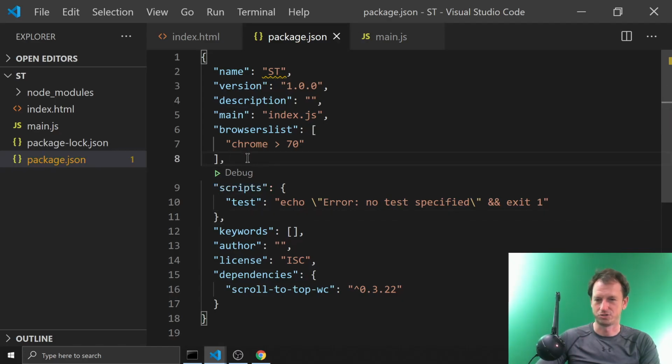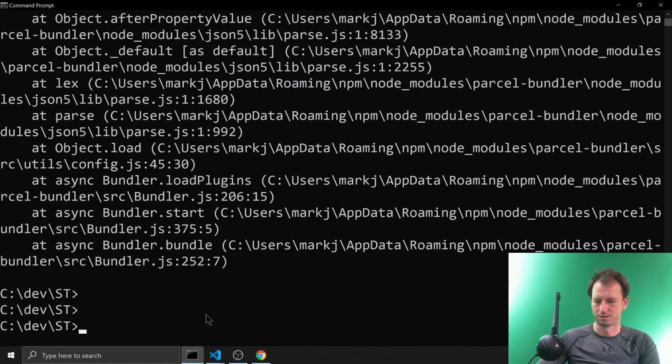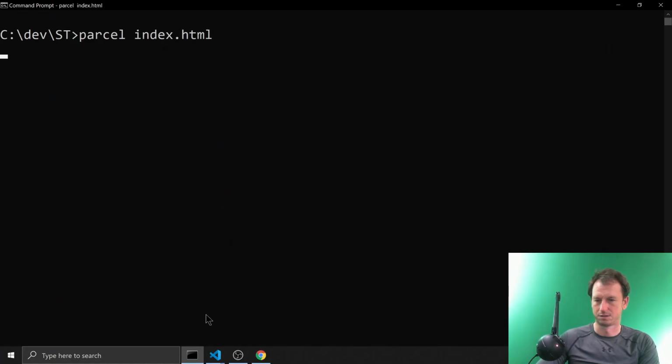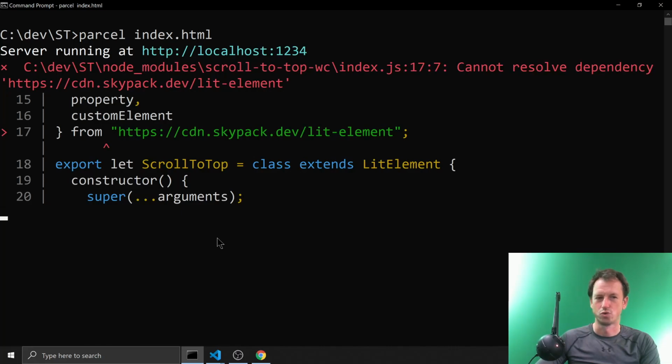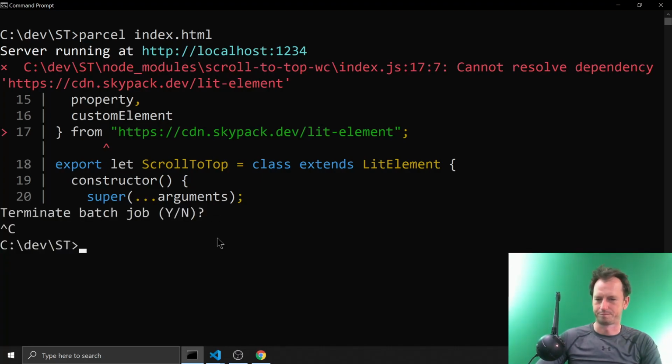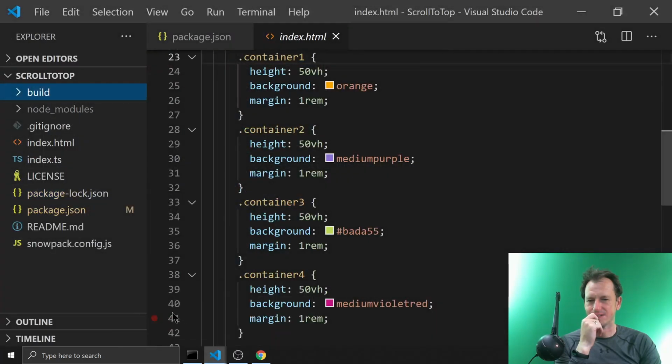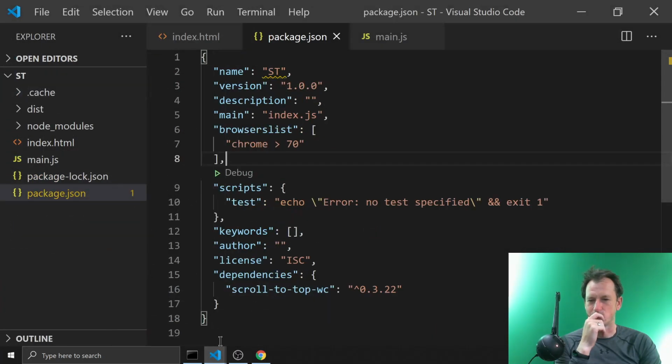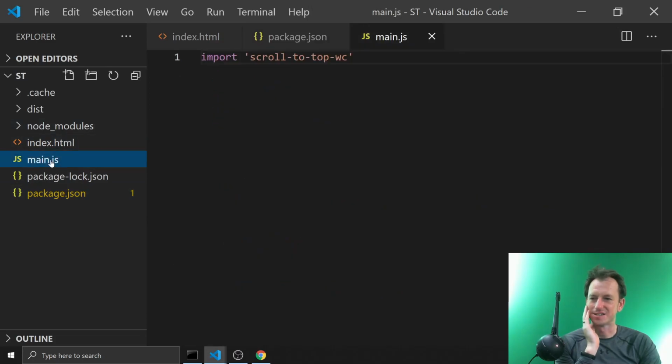Alright, that's just a problem in there. Parcel? Yeah. So parcel isn't happy pulling in from a CDN. Yeah, I'd almost like it to bundle it in, but at the same time I wouldn't like it to do that. So in our test,